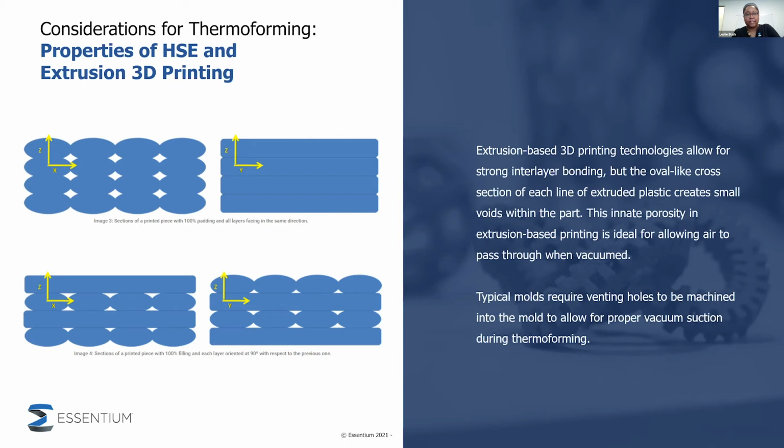If you notice the diagram on the left, you can see the cross-sections of a 3D print. Each bead is laid up next to each other, both horizontally and vertically. However, there are some gaps between each one of these bonds, and that creates small voids or pores within the part. This is extremely valuable for vacuum forming because it helps to facilitate the flow of air through the part, allowing for easier suction of the plastic substrate onto the